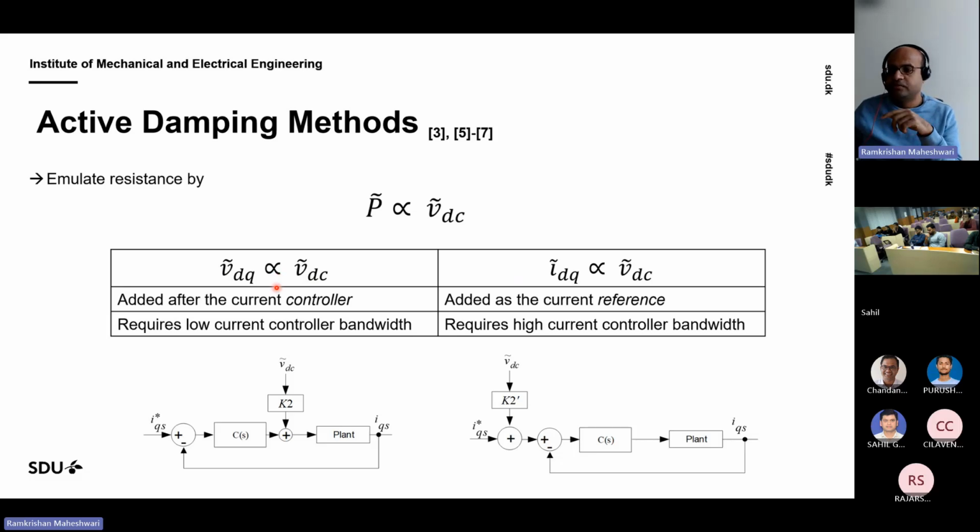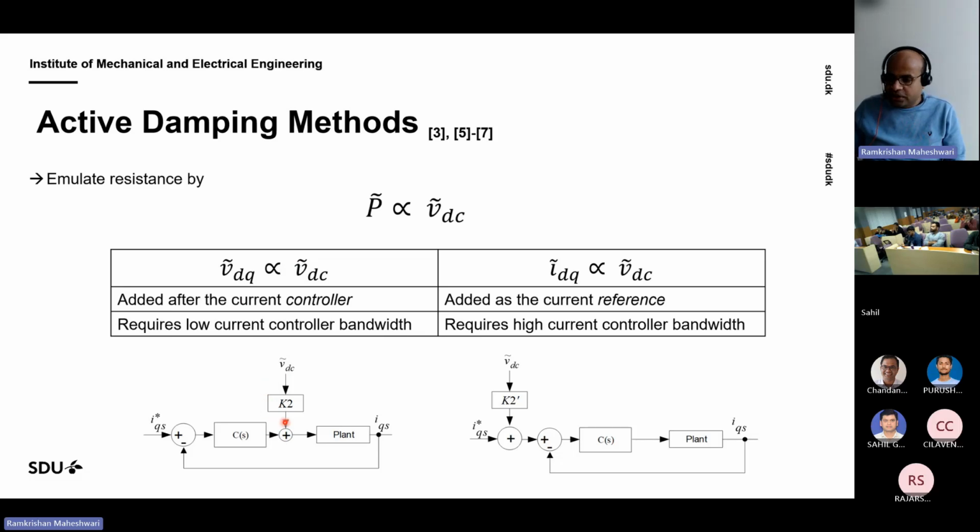One thing is we inject high frequency disturbance on the DQ axis component of the voltage, or we inject the high frequency component of DC link voltage onto the DQ axis component of the current. So either of these options can be done. And then if we inject